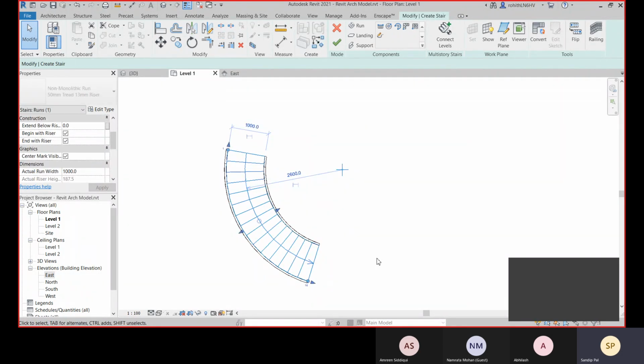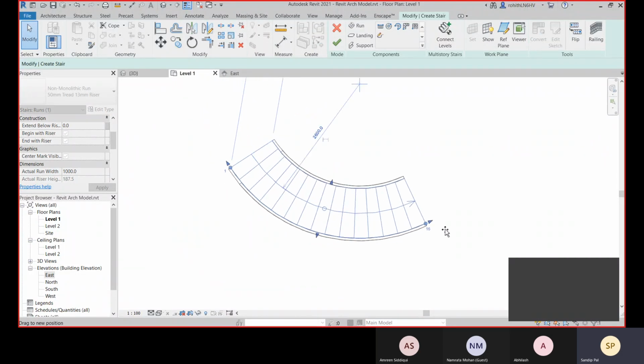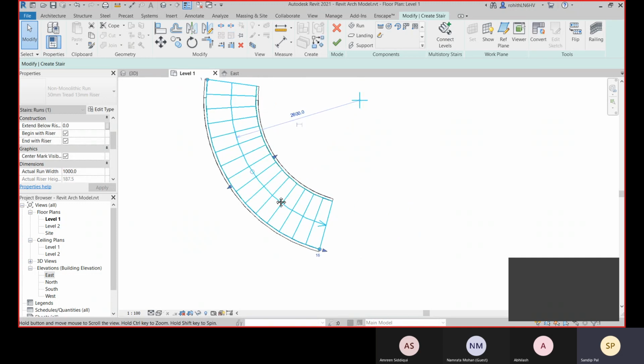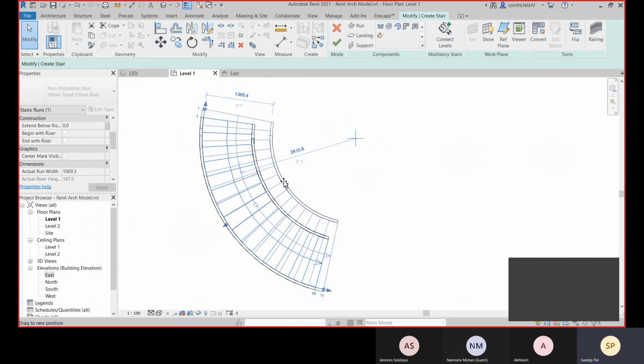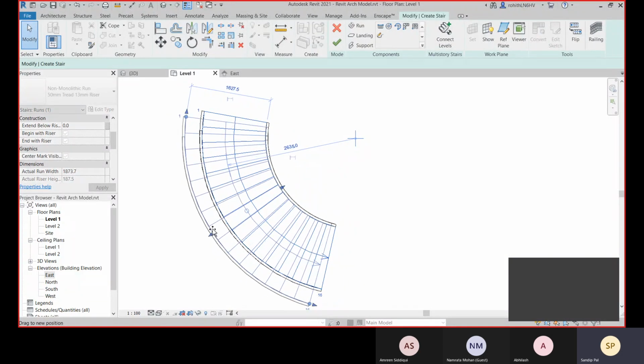Okay, so now you can change this direction with these arrows. After placing also you can change this, and with this arrow also you can increase to this side, or to this side you can increase it.